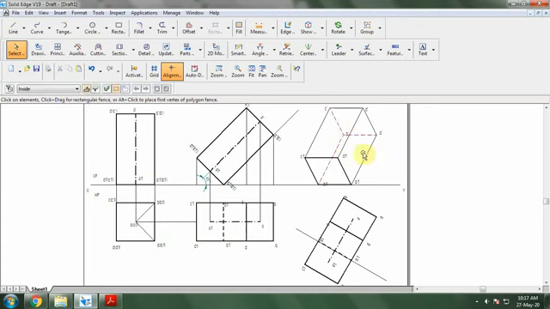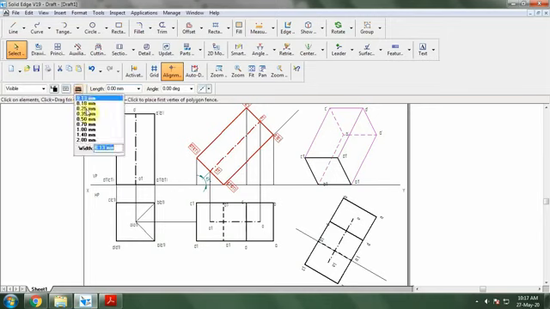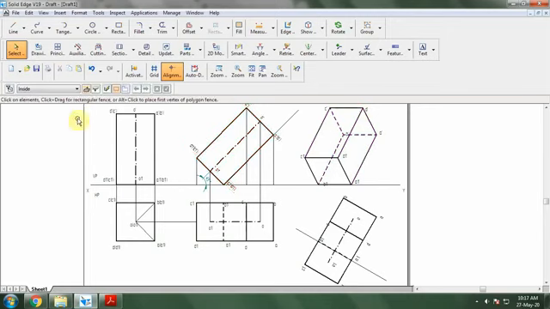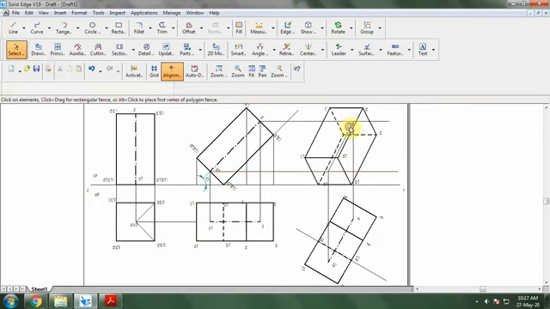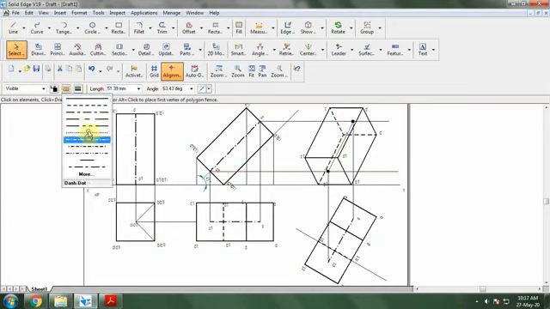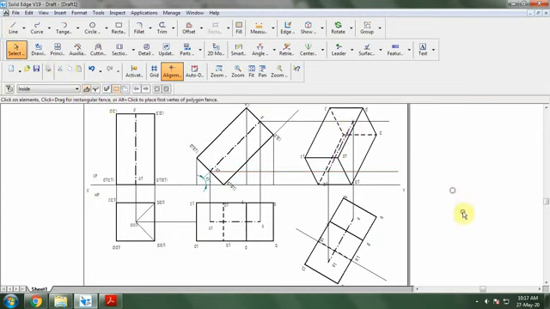So once you've done this, select all the lines and make them 0.5 thickness. So once you've done this, the last left out is the axis. You can take the axis again from here. So O point will be over here. Similarly, O1 will be here. So you can join the points and select that and make that as axis and 0.5 mm thickness.